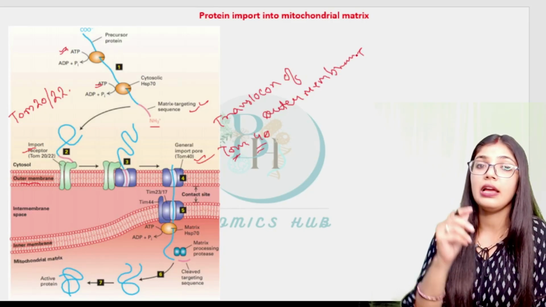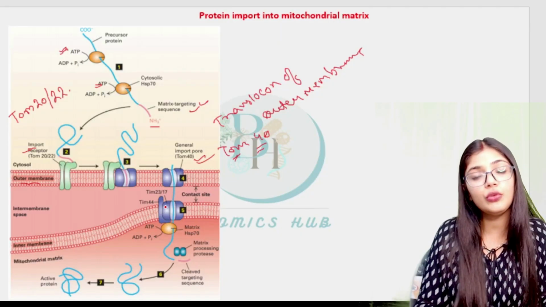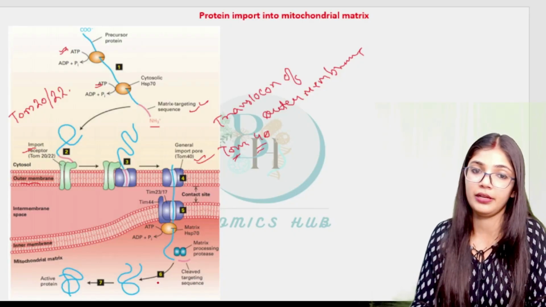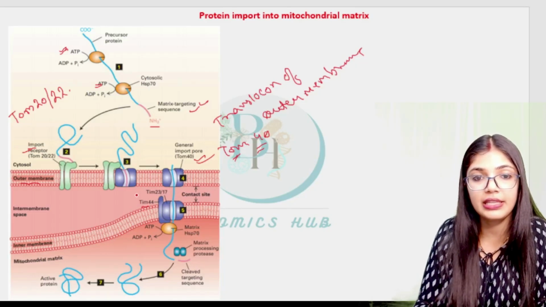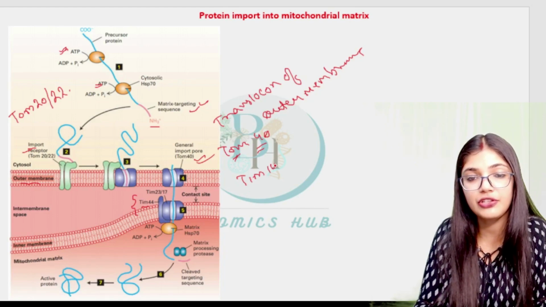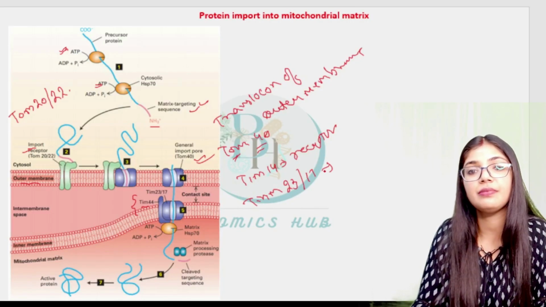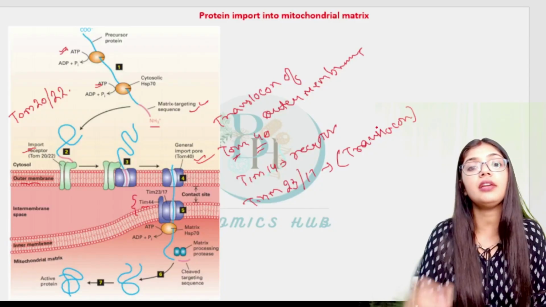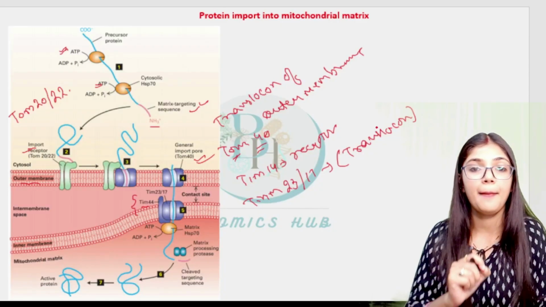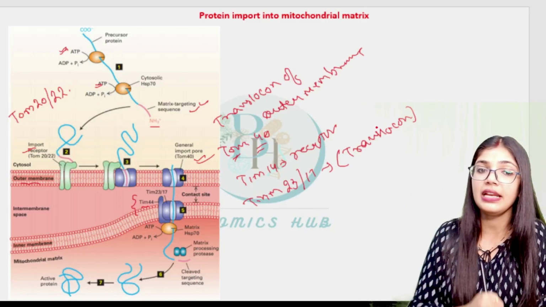After this set of protein is transferred into this translocon, it will be targeted to the translocon which is present in the inner membrane. This is also having one receptor which is known as TIM14. This TIM14 is a receptor. TIM23 and TIM17 are the translocon present in the inner mitochondrial membrane. What it does is help in transferring this protein from the outer membrane inside the